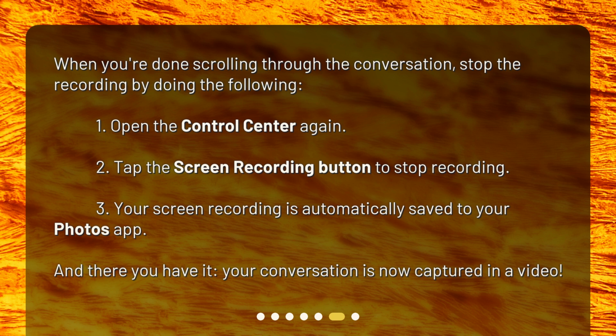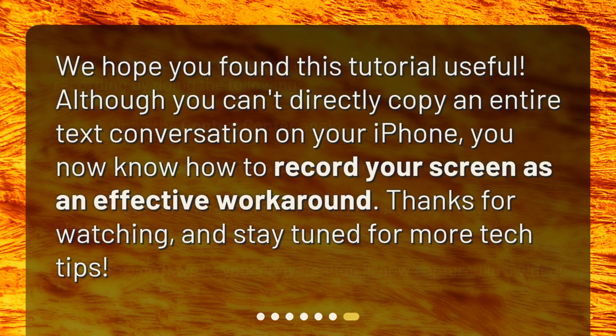And there you have it. Your conversation is now captured in a video. We hope you found this tutorial useful. Although you can't directly copy an entire text conversation on your iPhone, you now know how to record your screen